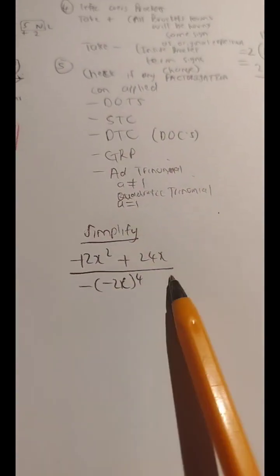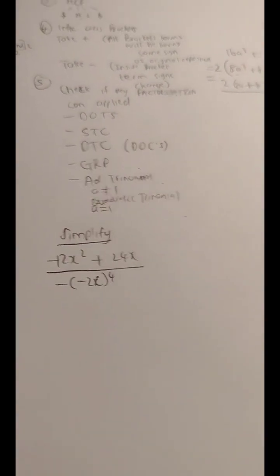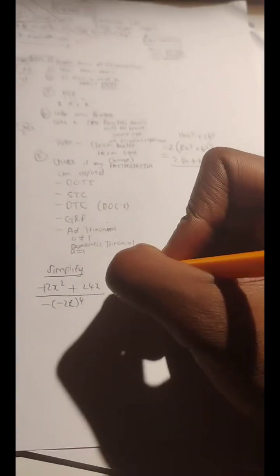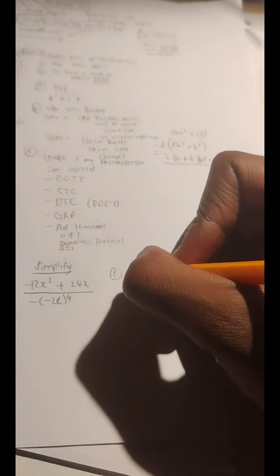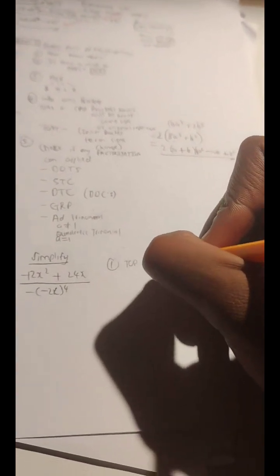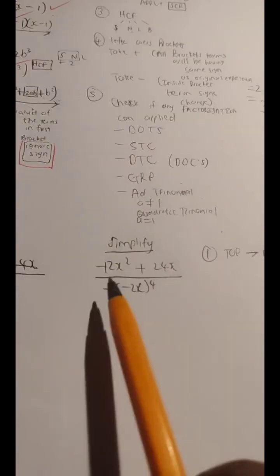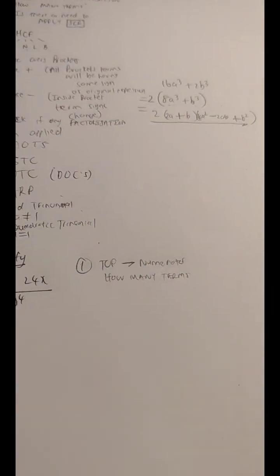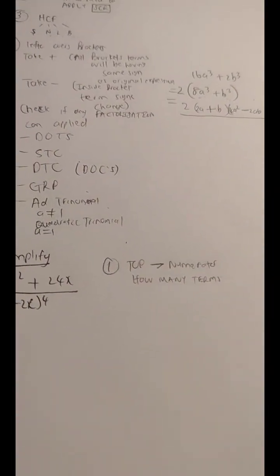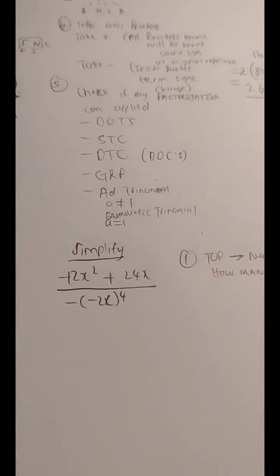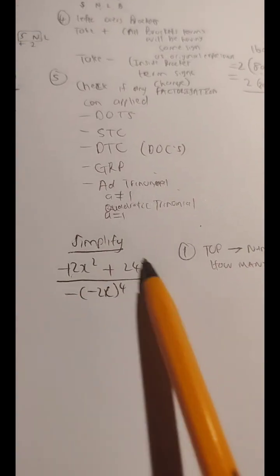If we look at the expressions at the top, in questions like this, when we have a division of expressions, we need to always do this. Firstly, we look at the top, the numerator, and we ask ourselves the common fundamental question, which is how many terms in the expression? And then we apply the golden rules of factorization. We can see there's 2, so we need to think about factorization for the numerator.